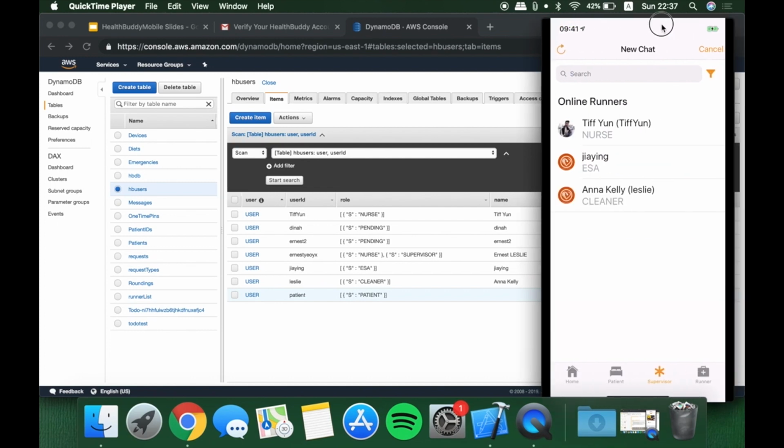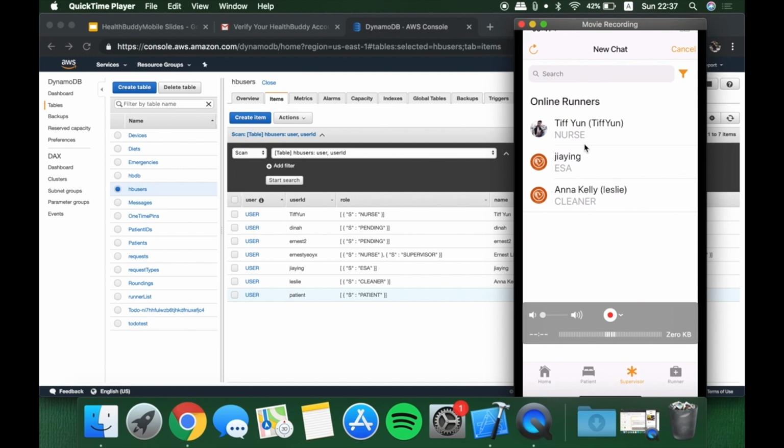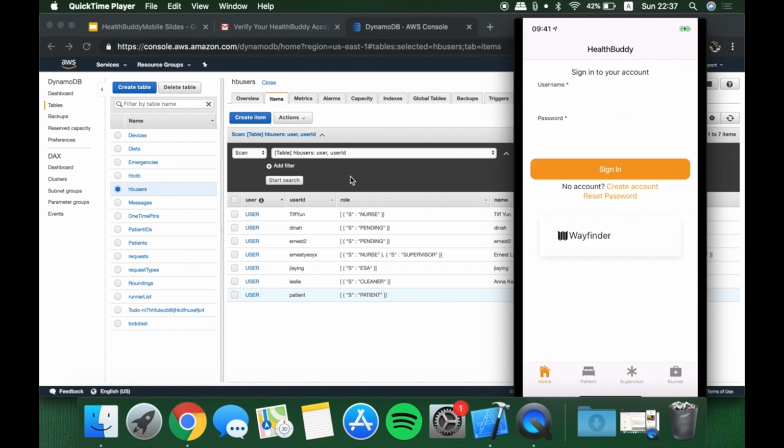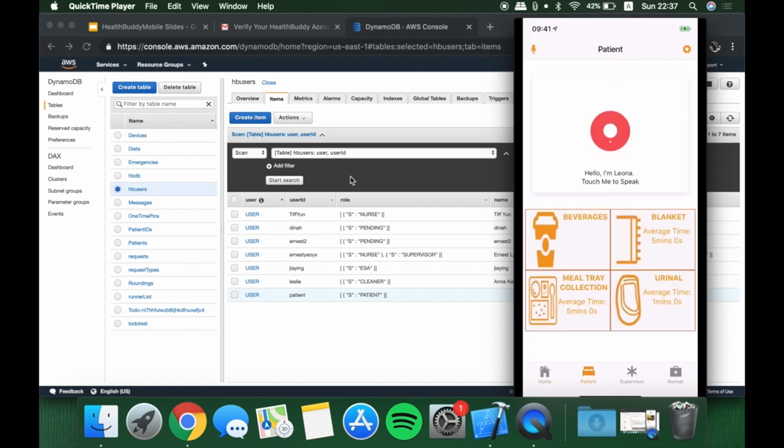So it really just shows that we will start chat with only online runners. So this eliminates the need for the 24/7 rule, increases productivity, as you don't have to send unnecessary messages to unnecessary people. So yep. So this should bring me to the end of the presentation. So hopefully I've covered everything, and